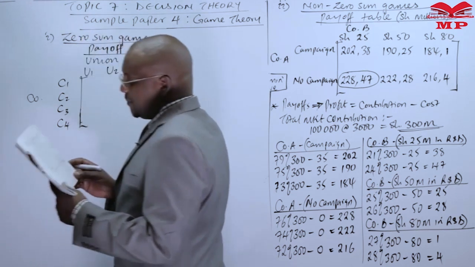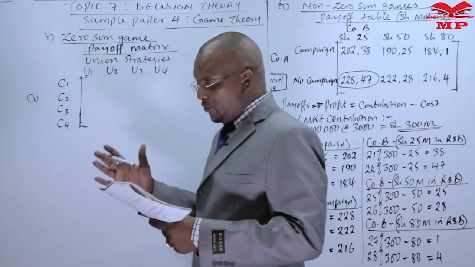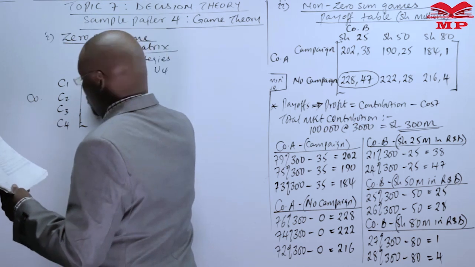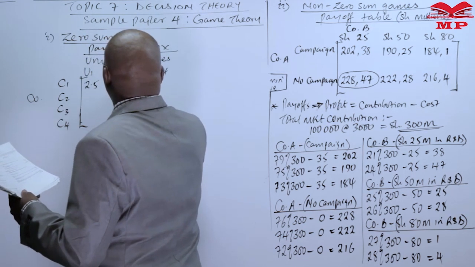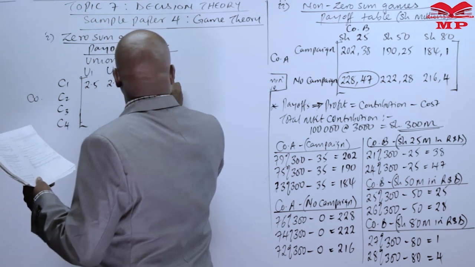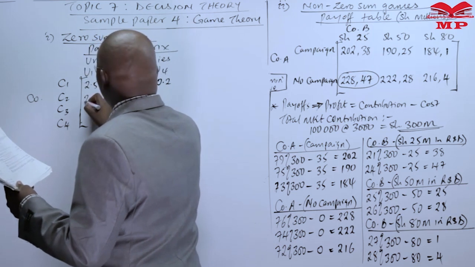I'm going to avoid the positive sign, as a figure which is positive will mean it is a gain. Now this is 2.5, 2.7, 3.5, minus 0.2. This is 2.0,